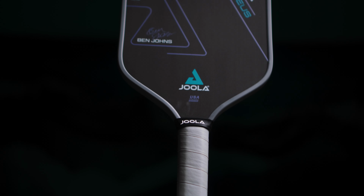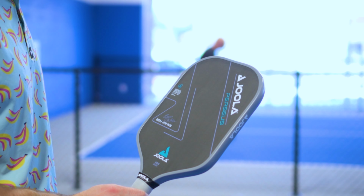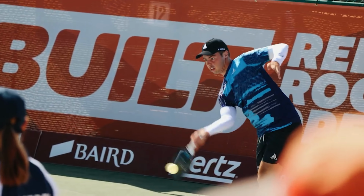Today, we're talking about the Joola Perseus, legitimately the most hyped paddle release of all time. Look at this thing, it's honestly beautiful. Joola has been competing with Selkirk for the top spot as a paddle company for quite a while now. Ever since picking up Ben Johns, the #1 player in the world, Joola has been looking pretty incredible in the